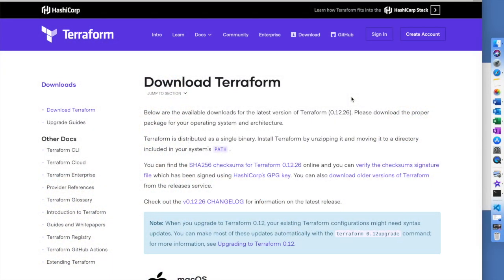Is this available on any operating system? It is available on multiple operating systems: Mac, OpenBSD, Linux, FreeBSD, Solaris, and of course Windows. Okay, that's good to know. Yeah. To download the Terraform package and set it up,